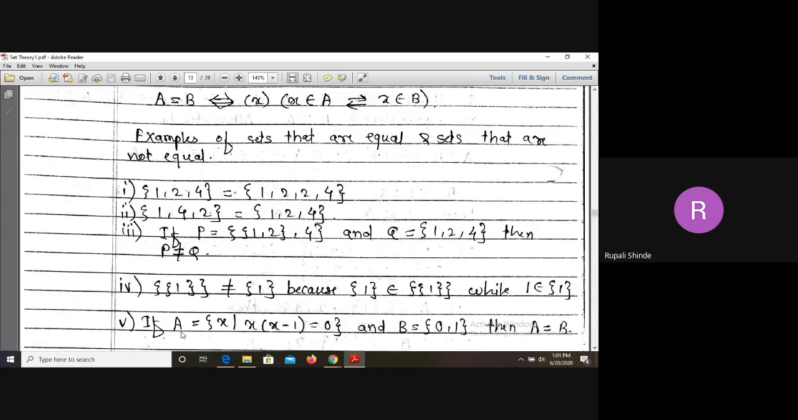Again, A is defined as the set of all x such that x(x - 1) = 0, and B is given as {0, 1}. Then we have to find out whether these two sets are equal. So first we are going to consider the value of x as 0. Now put this value here, that is 0 into 0 minus